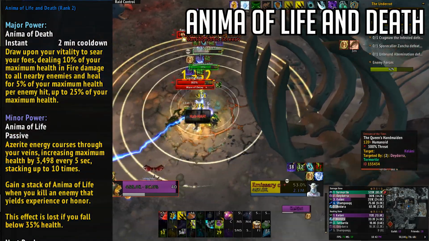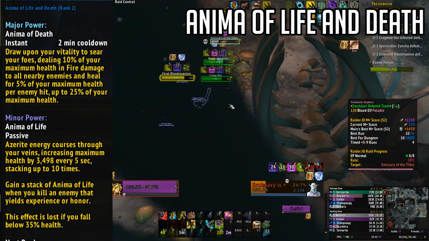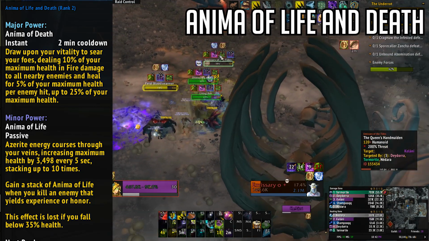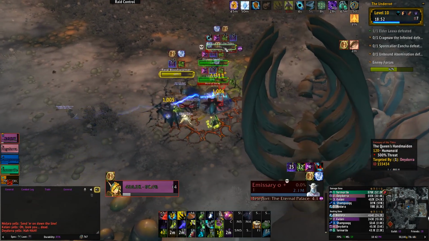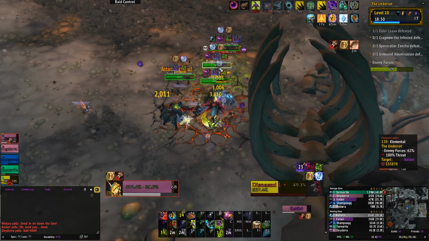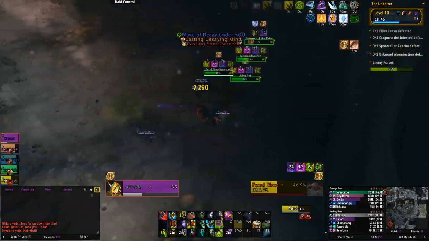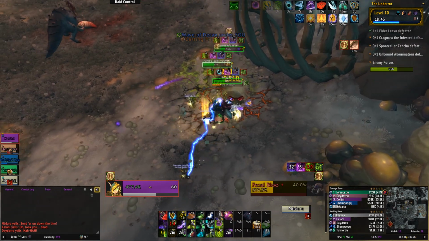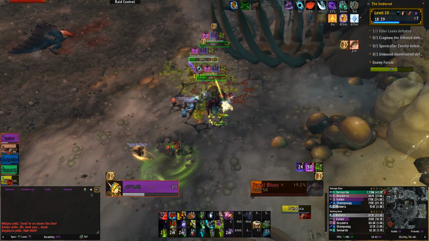This one will see a lot more use in Mythic Plus because of how it scales with additional targets. At rank 3 you can deal 10% of your max health as damage to all mobs around you, and heal for up to 50% of your max health, 10% per mob hit, so you need to hit 5 mobs to get that max, on a 2-minute cooldown. That's a huge burst of damage and a huge burst of healing. You could go from no health up to half in a split second, and hopefully your heal will take care